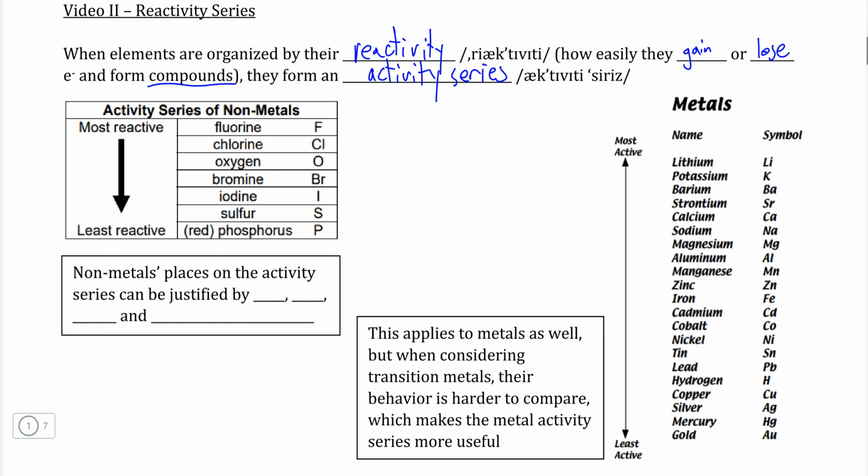And we're going to start with the nonmetals firstly because it's shorter, and secondly because the justification behind all of the elements' positions is actually relatively self-explanatory. All of the placement of elements in terms of how reactive they are can be justified using atomic radius, ionization energy, electronegativity, and the number of valence electrons that each nonmetal possesses, which are basically the subject of the